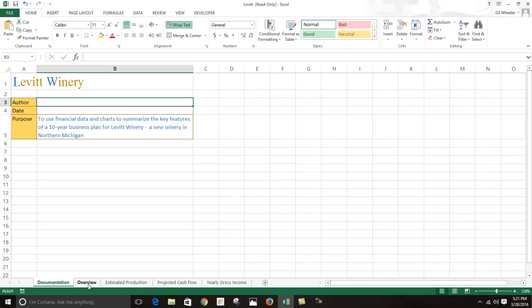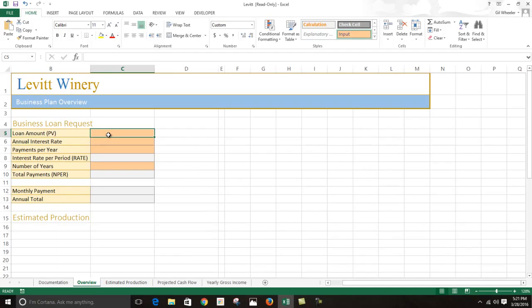Next, I will click on the overview sheet, click on cell C5, and enter some information for their business plan, which will include their loan request and business forecast. So in cell C5, we will enter 310,000 and press enter. And you'll notice after I press enter, when you click back on cell C5, on your